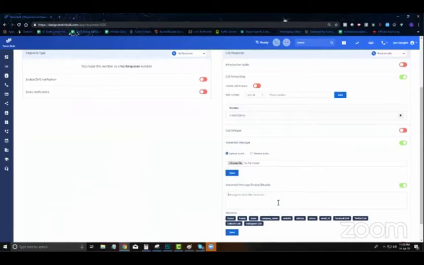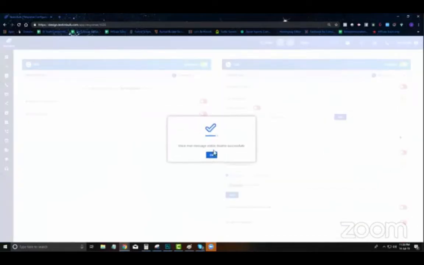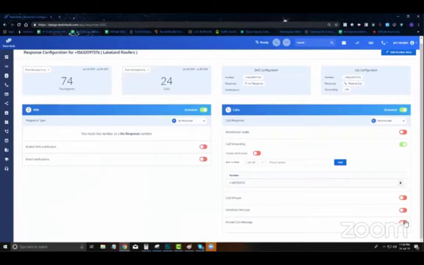So this message will literally get sent out via SMS as a text message to whoever it is that's actually leaving you the voicemail. All right. And then we also have the same thing for missed calls. So if somebody calls you and you get a missed call, but they don't actually leave you a text message,